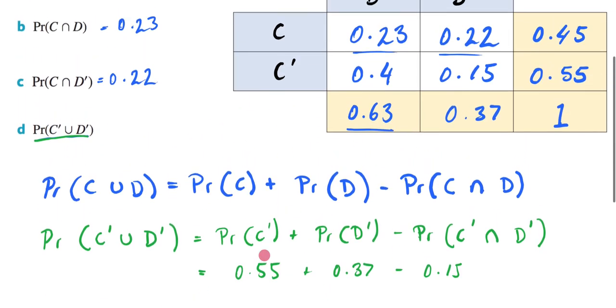So now I can come back up here and write here 0.77. So hopefully you've understood how I got that. It was an extension of my addition rule. And we have now